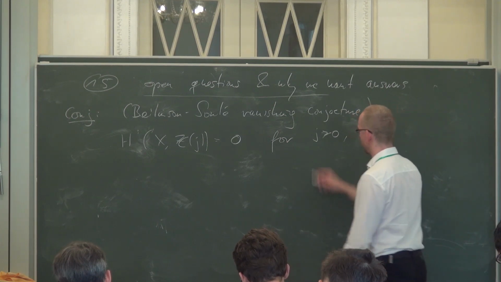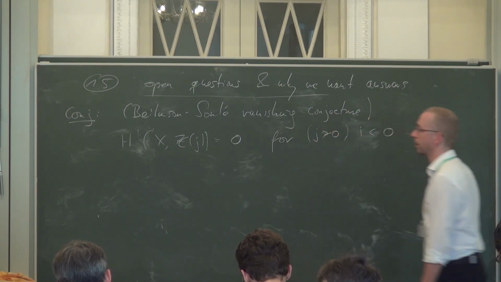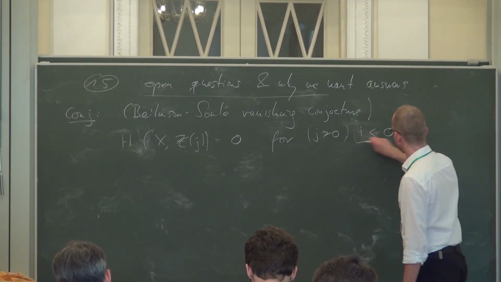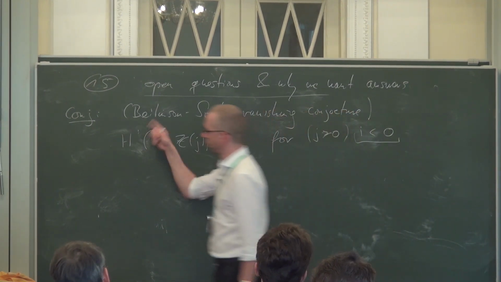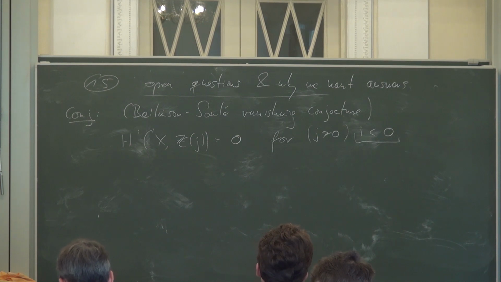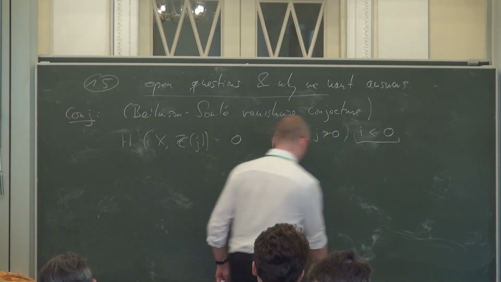I mean, the J greater or equal 0 isn't really the relevant point. The relevant point is that if I, the cohomological degree, is less than 0, this should all vanish. And this concerns this quadrant here. And there's a refined